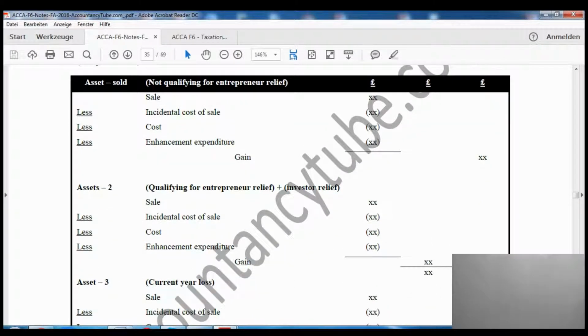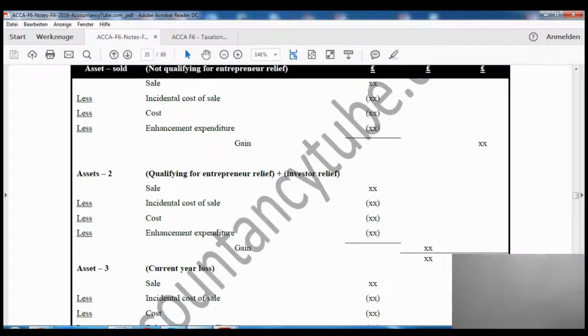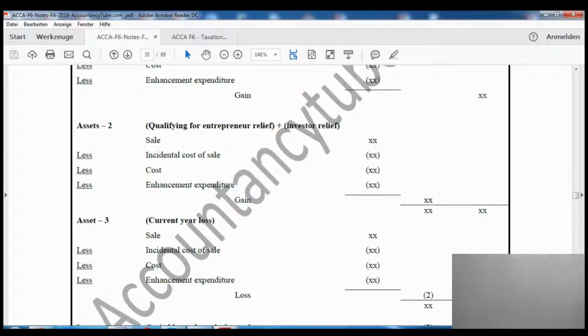Now that is a pro forma to calculate the capital gains tax. In this case, we will also include the assets qualifying for entrepreneurial relief. First, we will list the assets which are not qualifying for entrepreneurial relief. So take the sales, then we'll deduct the incidental cost of the sales. Cost and enhancement expenditure will also be deducted. The remaining amount is going to be the gain. Then the second asset is the asset qualifying for entrepreneurial relief